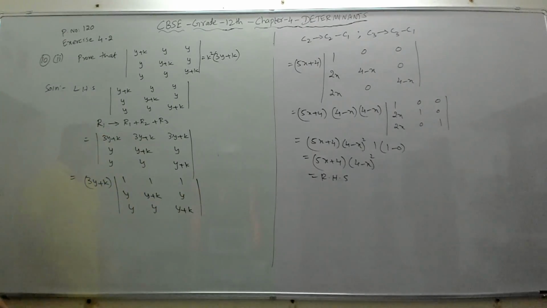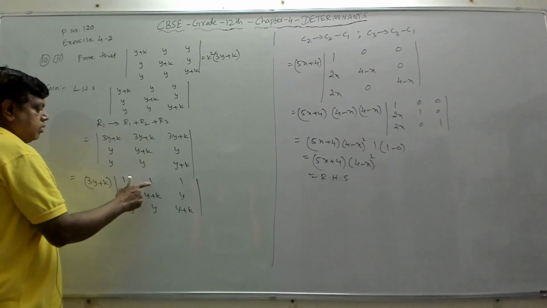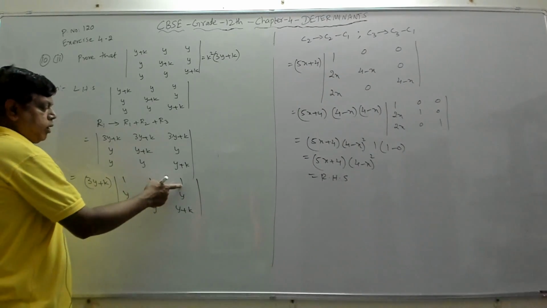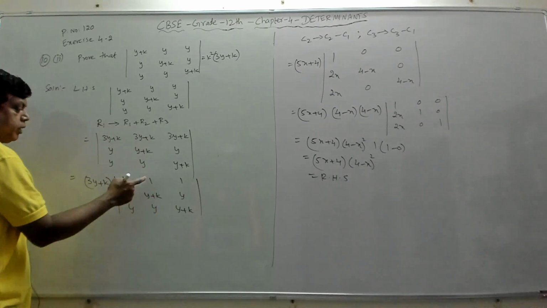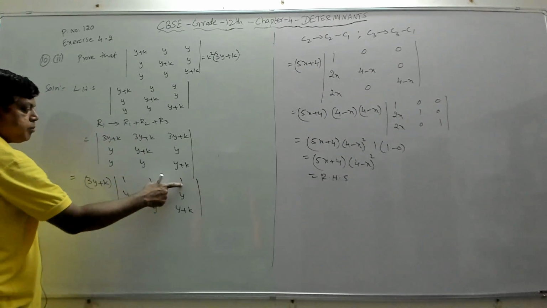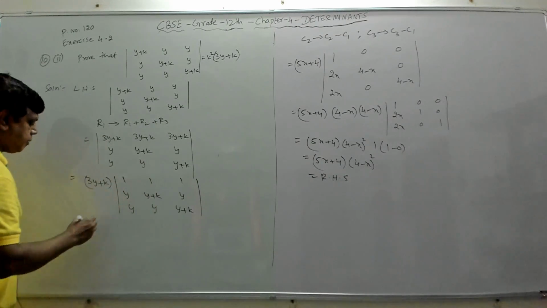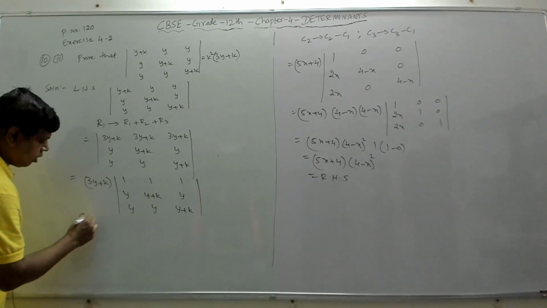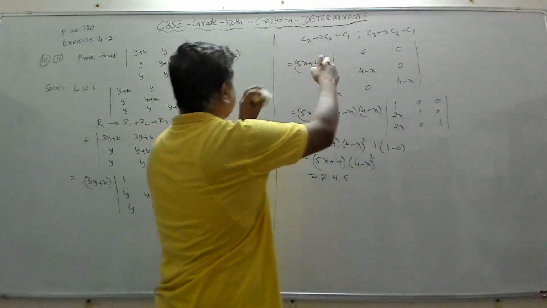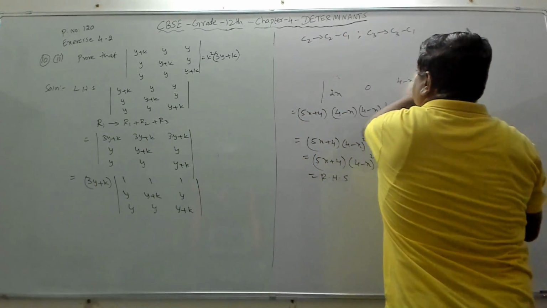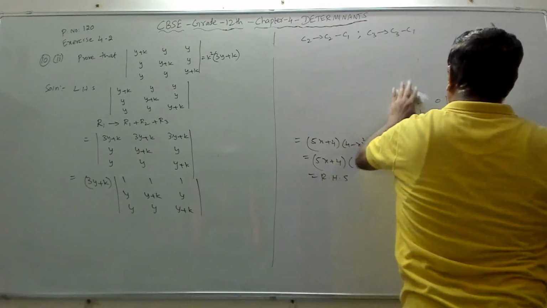Now again in this, if you observe, we have got 1, 1, 1. So we can make these two 0 easily by doing this minus this. Again this can be made 0 by doing this minus this. So we can apply the column operation. C2 implies C2 minus C1, and C3 implies C3 minus C1. If you use that,